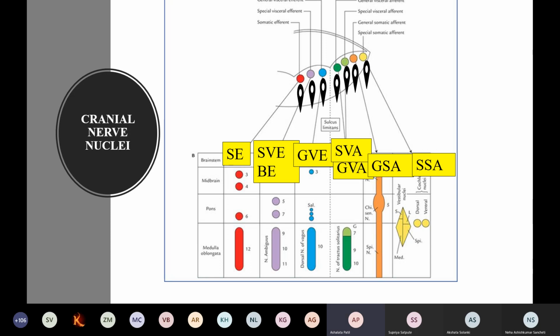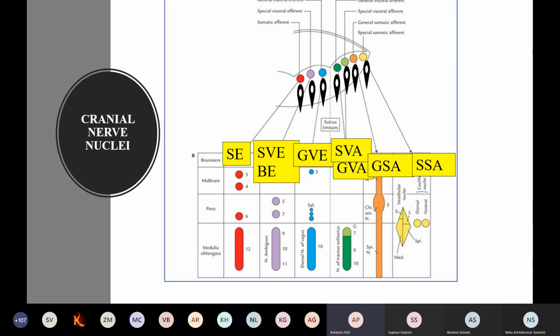So this is the same thing you can see. Basal lamina is lying medially and alar lamina lying laterally in the brainstem. This same follows in the pons and up to the midbrain. So the most medial structure is called somatic efferent. So in just tabular form, you can see somatic efferent, to which cranial nerves is it? 3rd, 4th, 6th and 12th. Then is the special visceral or branchial efferent. So all the nerves of the pharyngeal arches, 5th, 7th, 9th and 10th. Then general visceral efferent, it is the parasympathetic component. So again the 3rd, 7th, 9th and 10th.